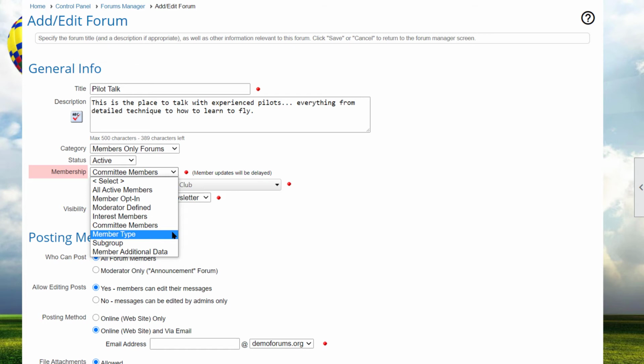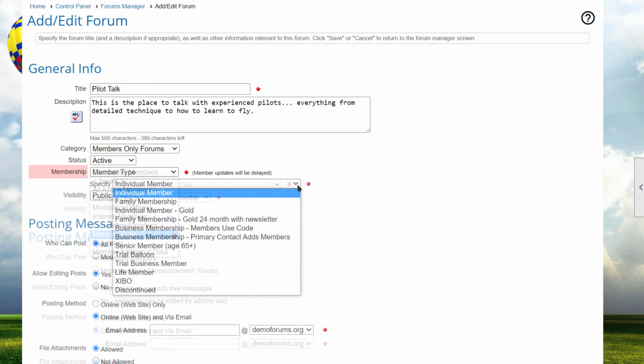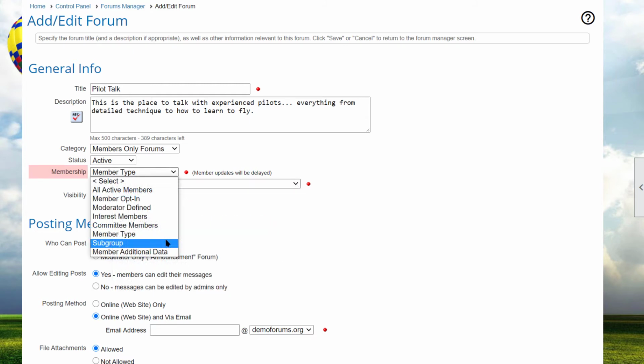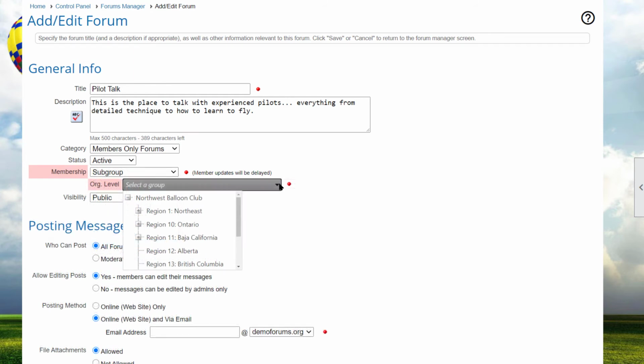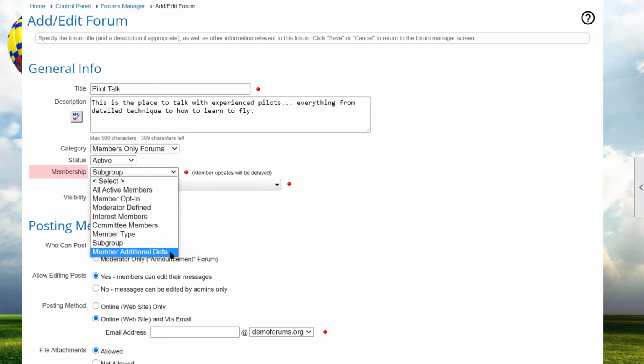When this option is selected, a new field appears allowing you to specify the member type to which this forum should be linked. Subgroup means that the forum membership is maintained automatically based around a subgroup such as a chapter, district, or region. When this option is selected, the organization hierarchy is displayed, and you can select a subgroup at any level. And member additional data means that the forum membership is based on members' answers to an additional data